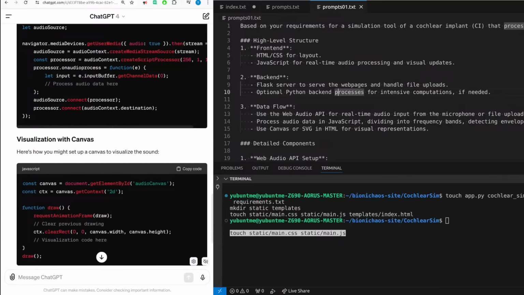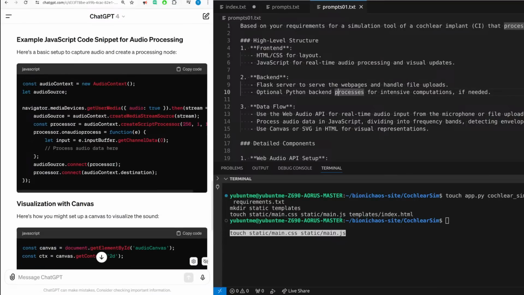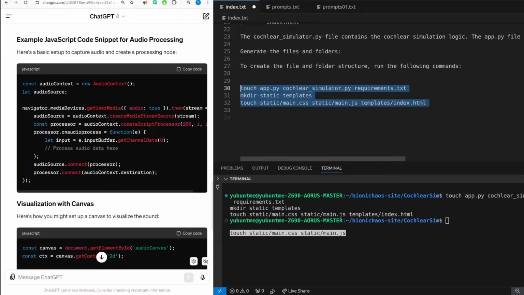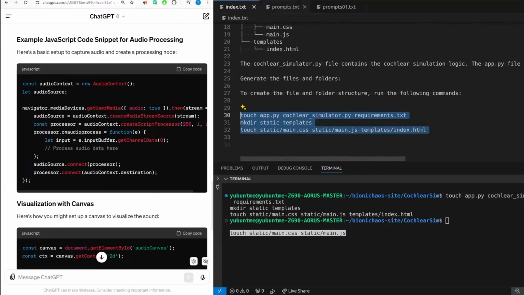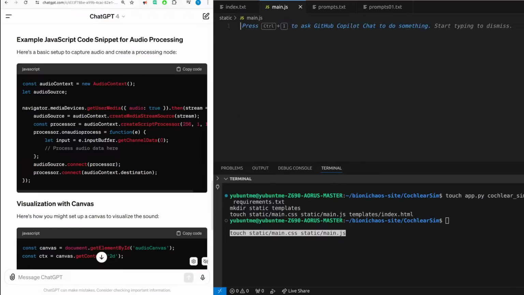Here's how you might set up a canvas to visualize the sound. JavaScript: const canvas = document.getElementById('audioCanvas'); const ctx = canvas.getContext('2d'); function draw() { requestAnimationFrame(draw); // Clear previous drawing ctx.clearRect(0, 0, canvas.width, canvas.height); // visualization code here } draw();